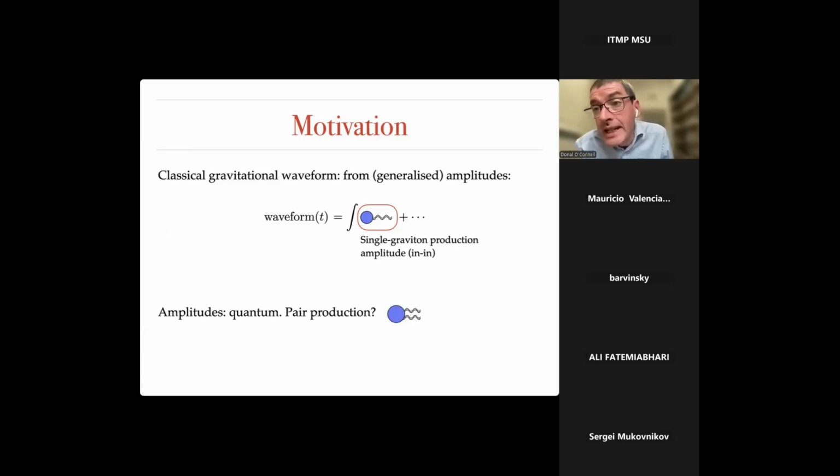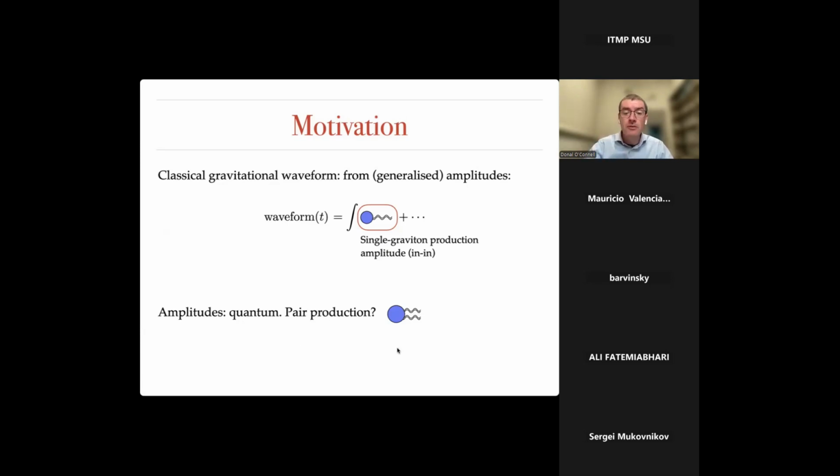But that's a little bit funny, right? Because scattering amplitudes are objects in quantum field theory, they're quantum mechanical objects. So we have to do some work in using this formula to remove the quantum mechanics so that we're talking about something classical. But you might then think maybe there's something interesting in the quantum stuff that we're removing. Maybe there's other gravitational physics, which is quantum mechanical, that we can access with these methods.